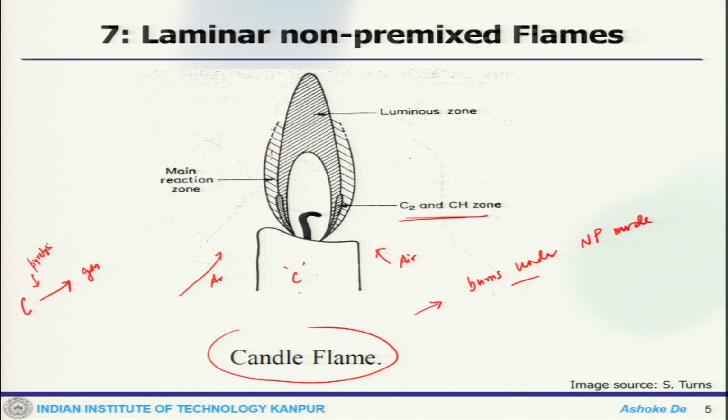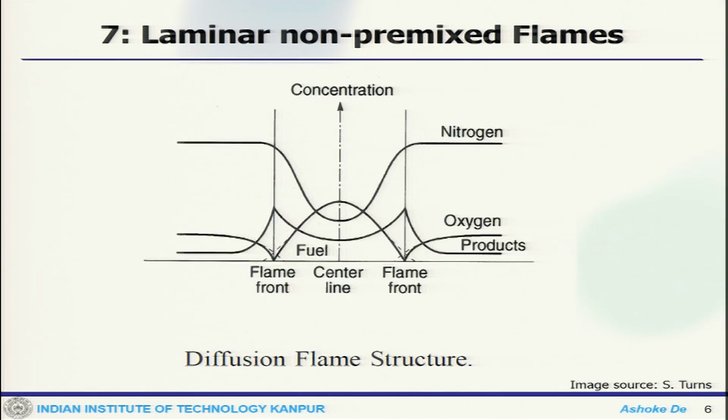Now, if you ever dare to put your fingertip through this candle flame, you will see the maximum heat at the outer surface. When you come close to the inner surface, you will see there is minimum heat. The other way to measure it is to use a thermocouple, which is a temperature measuring device. If you put it inside, you can see the temperature variation, and that tells you how things vary in different zones.